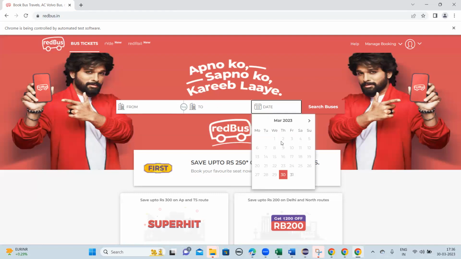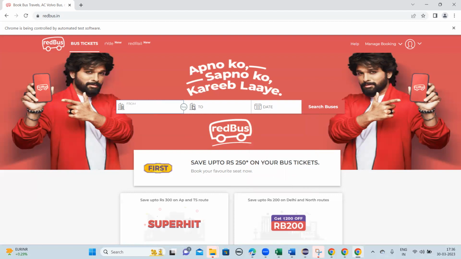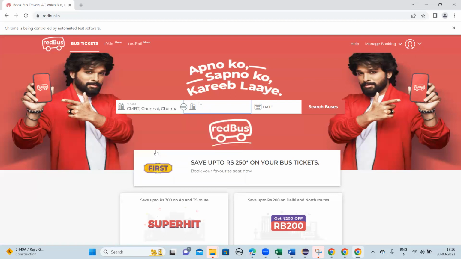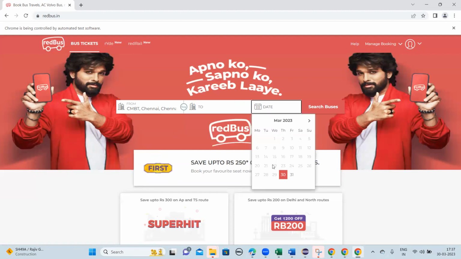We can use send keys, right? No, send keys won't work directly. See, this field is not a simple text box. Here you have to enter Chennai, and it will display a list. From there you have to select an item. Understand? Similarly, the date also. See, these dates are